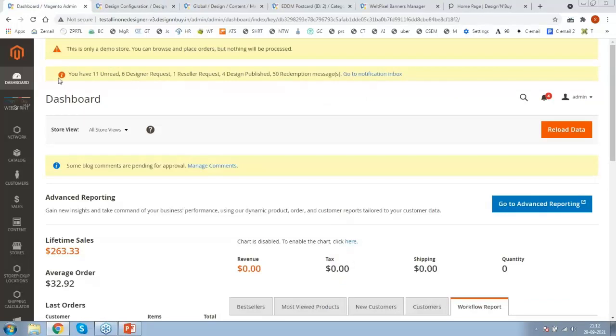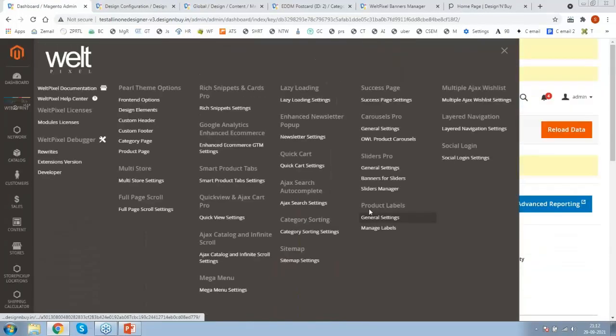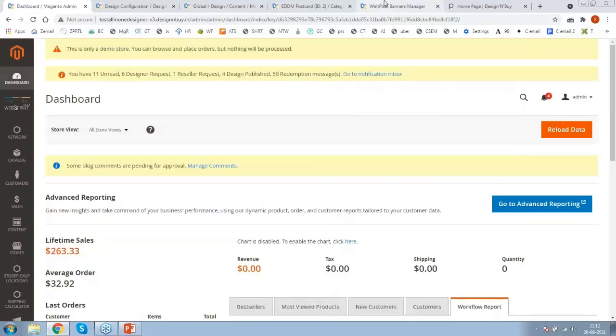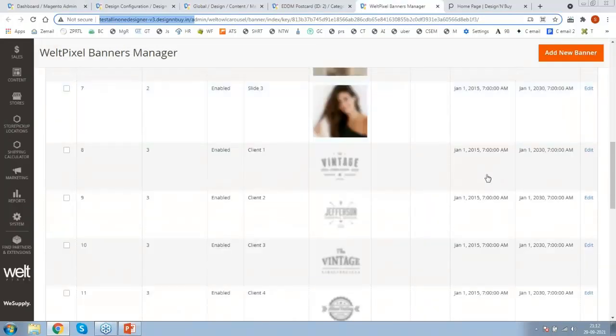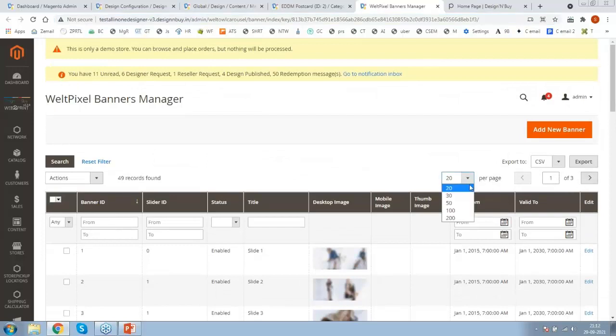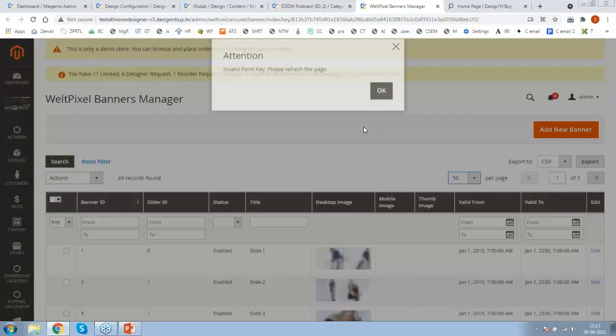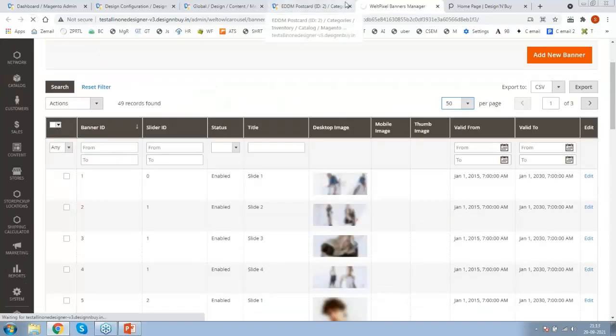So from backend you can see the Weld Pixel option. Under Weld Pixel you can see Sliders Pro. Here you can see banners for the sliders and slider manager. So these are banners available in the website. If I'm enhancing the view, let's say 50. One moment.